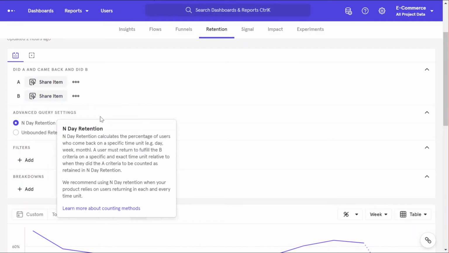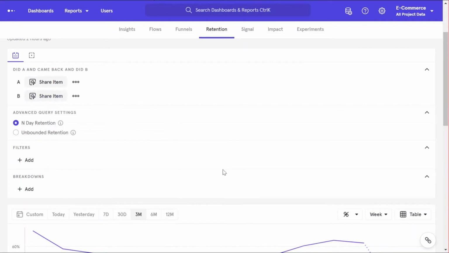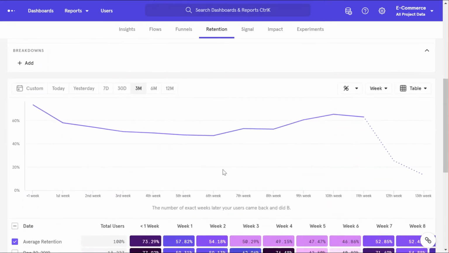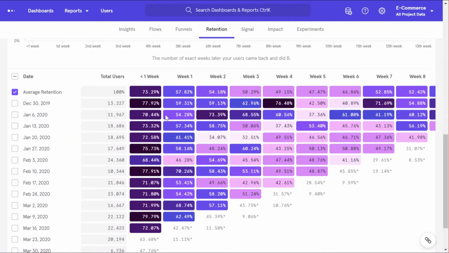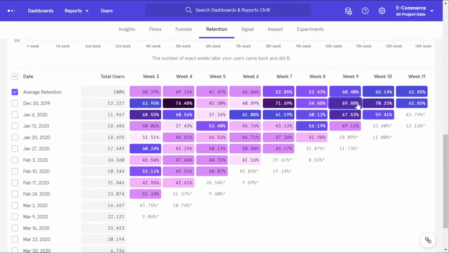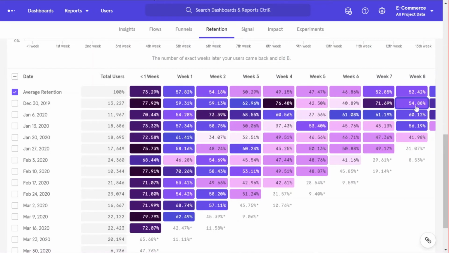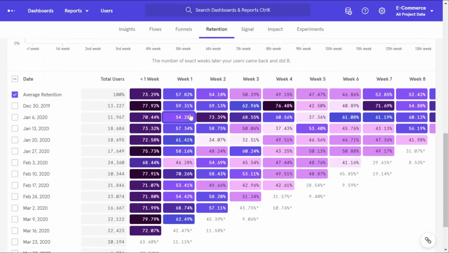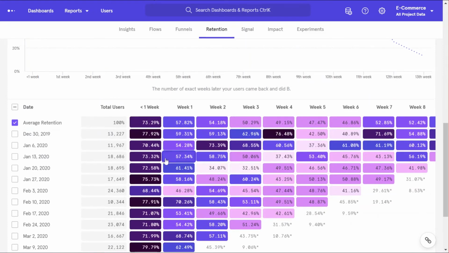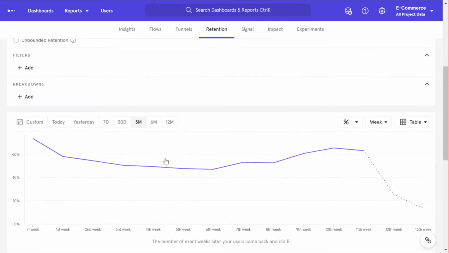And this can be done pretty much for any feature. A new feature you have launched, you may want to see whether the feature retention is good or not, right? So in this case, what we see is here also the feature retention is actually fairly good, but then there is opportunity, like why are more people not coming back and sharing items? Is there something wrong? Is it not really as useful as you thought? Those are the things you may want to answer if the number goes down over time, or if even the initial week's numbers is not good. Here it is decent, even if not like very high at 80% or something, right?